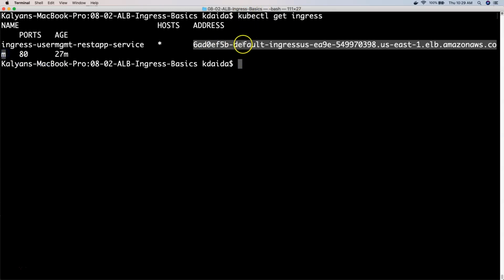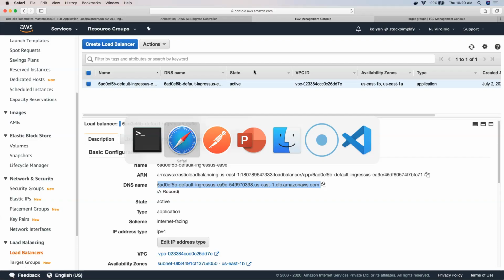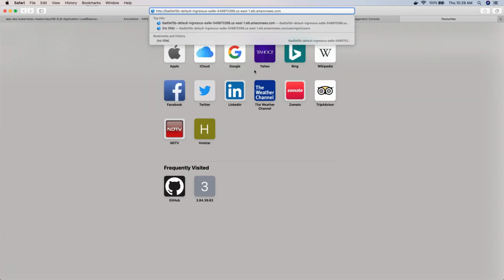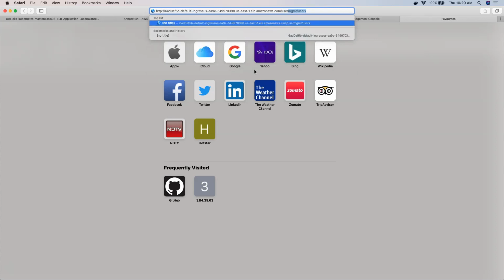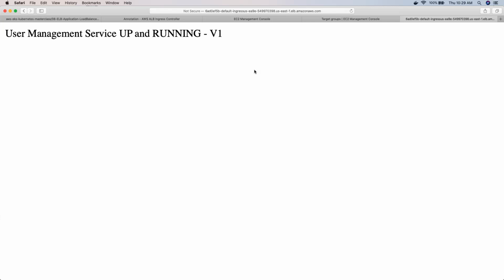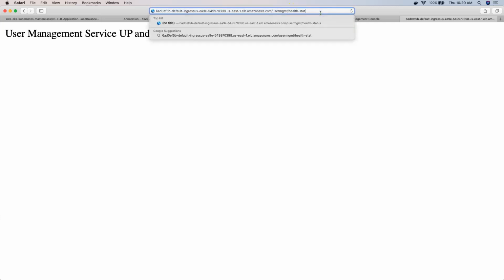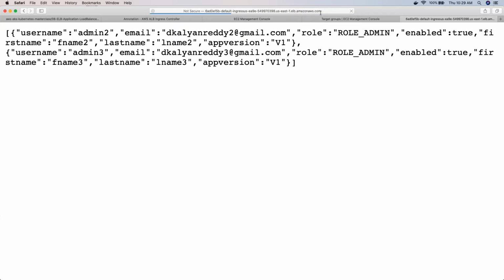Okay, so I can take it from here, copy, go to a new browser, http:// and then I will say user mgmt/health-status. Okay, health is good, and if you want to list the users present in our database, we can say users. Okay, so we also have the list of users displayed.